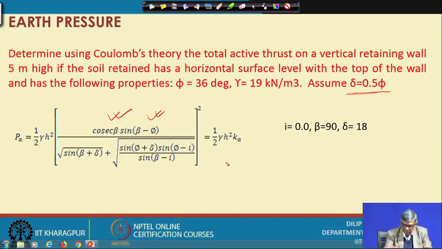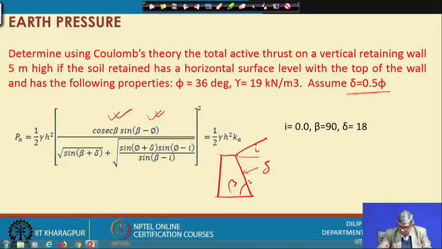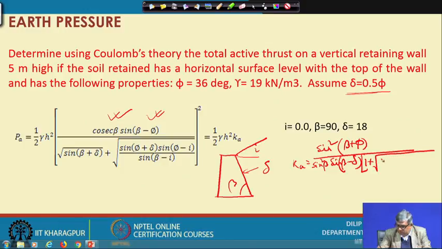The equation was given in this form, like if the wall is something like this, and if this is I and this angle is beta and friction angle is delta, then your expression for K A is given by sin square beta plus phi, divided by sin square beta sin beta minus delta, 1 plus under root sin phi plus delta,